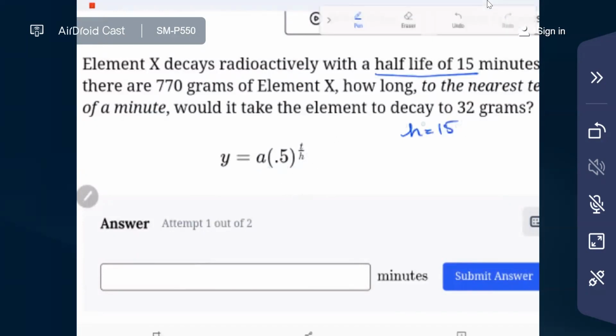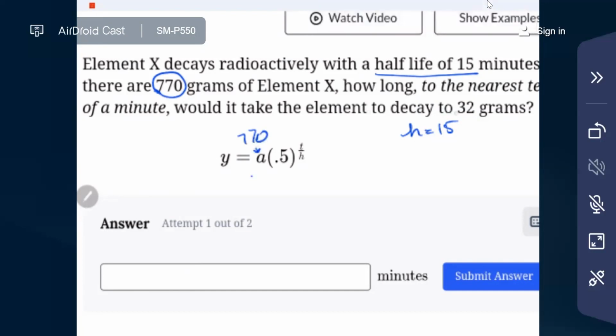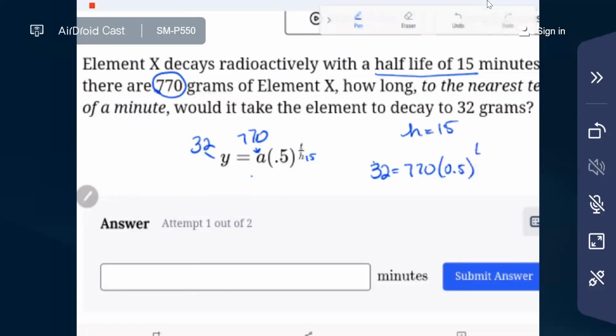And we have the start and end value. So here's our start value is 770. And how long will it take to decay, which means to go down to 32. And since this is a half-life, that's why we're using 0.5 as our rate, and the 15 goes here. All right, so now I'm going to rewrite this. It says 32 equals 770 and 0.5 base and t over